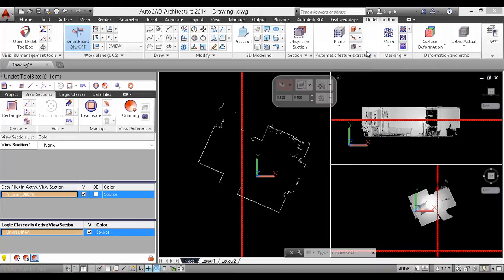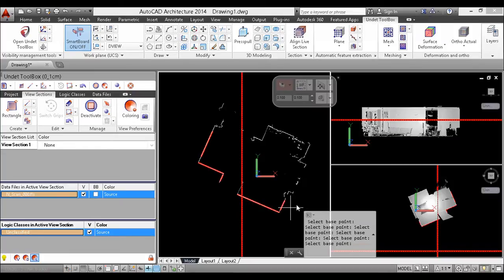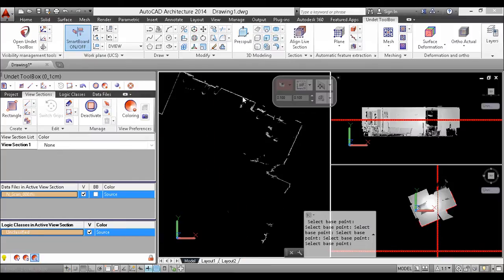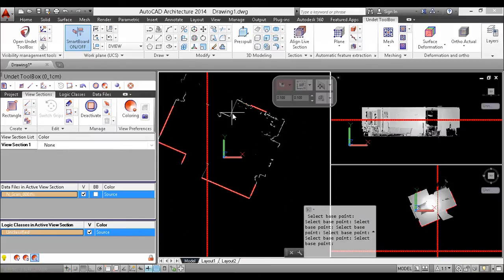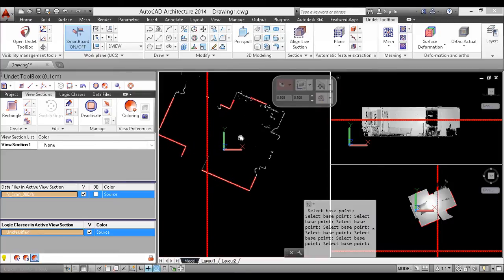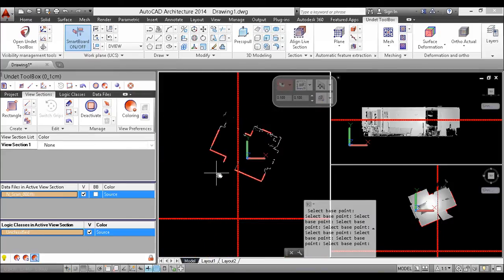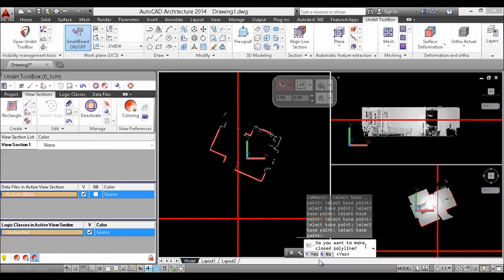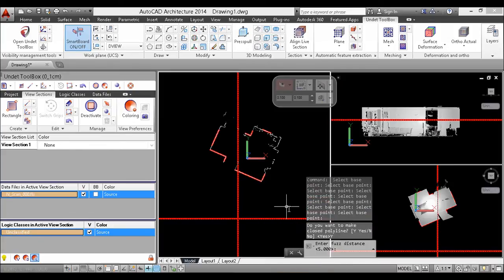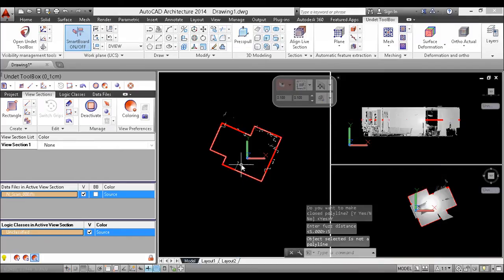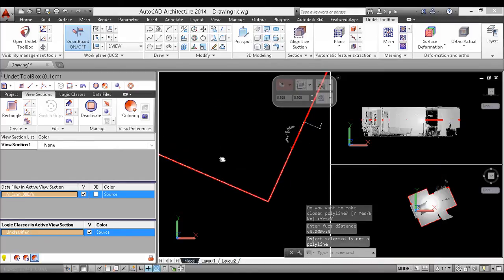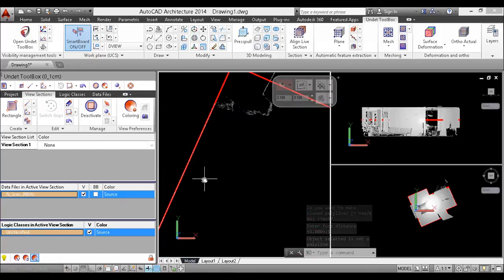auto line functionality, simply clicking somewhere close to the line to automatically extract it like this, so like this and this and this. And then you have the possibility to close this polyline. Press enter, choose if you want to close, yes, and enter the fuse distance, let's say 5 meters. Now I have my polyline closed and